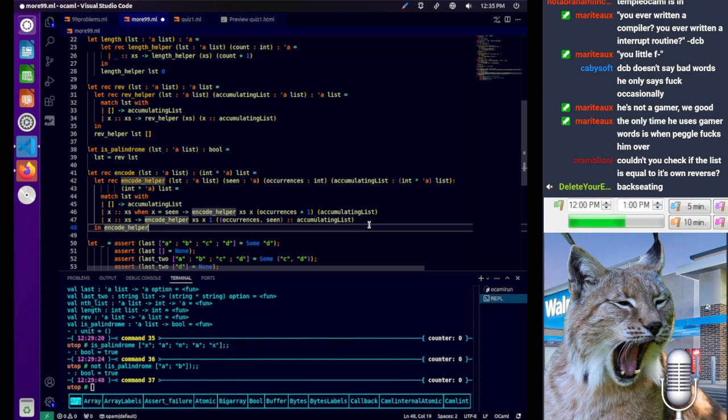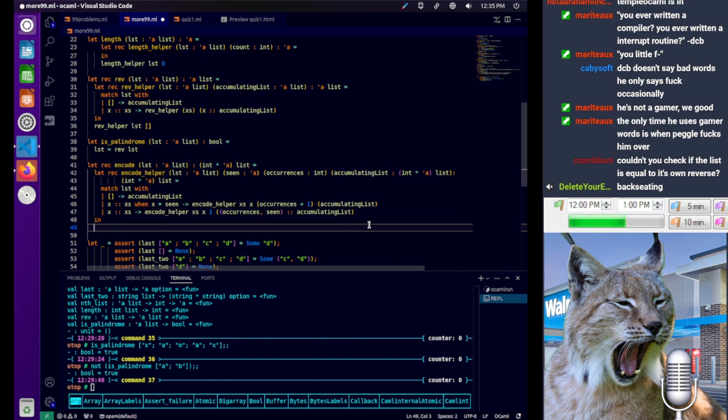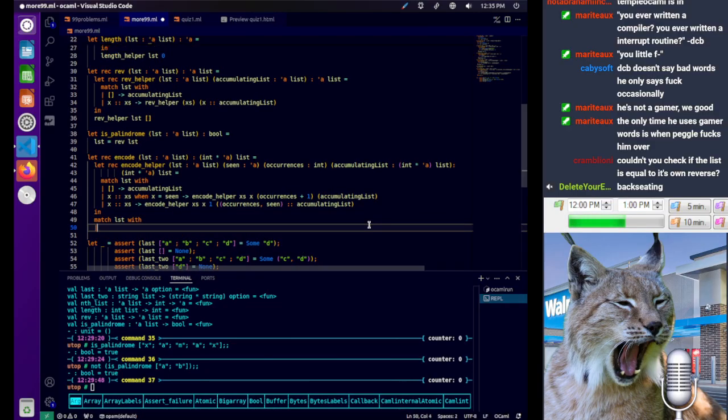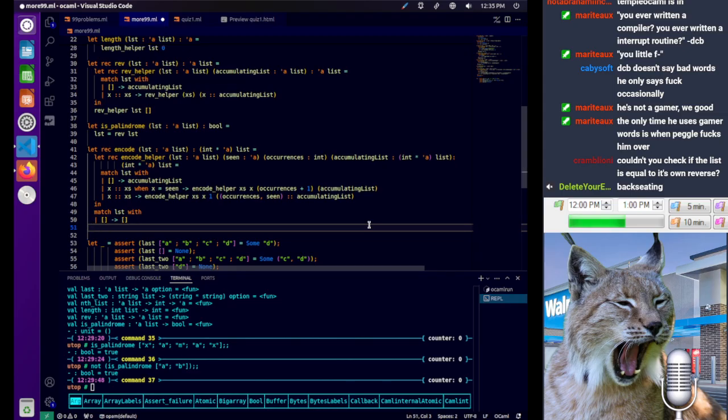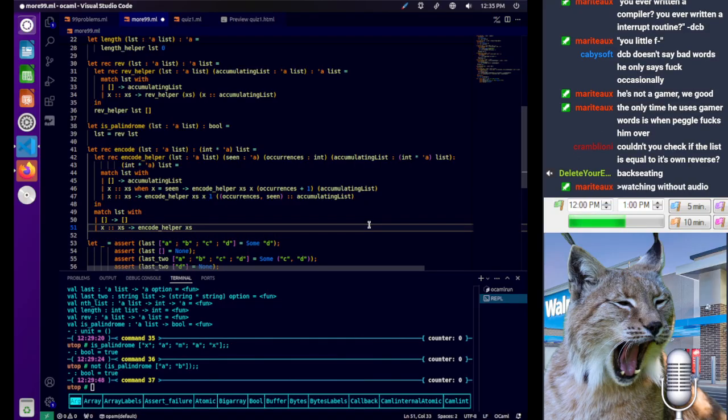What does it do with the... Okay, wait. In match lst with, so match right away: if it's an empty list, we return back an empty list. But if there's items, encode helper, we pass along excess, the